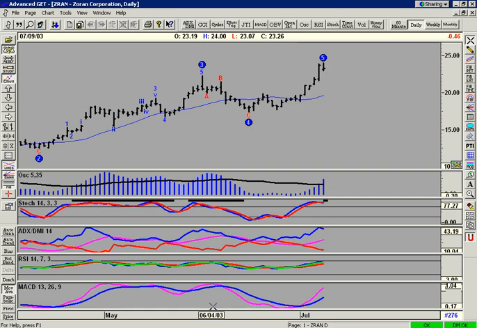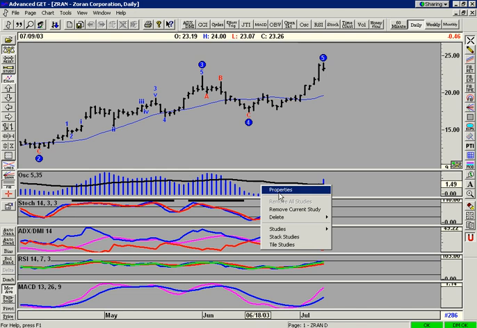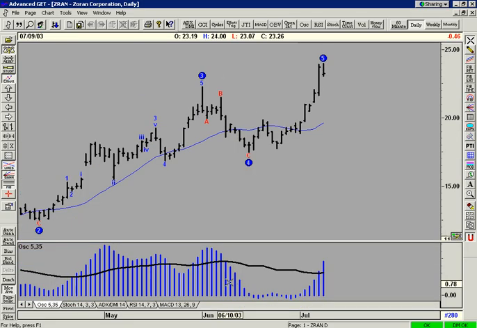Here's a lot of studies below the chart, and they're taking up a significant amount of space on my screen, leaving me only a little bit of space up at the top for the bars. What we've done in Advanced Get is allowed you to retain all of these studies on your chart while giving yourself a maximum amount of space. We can do this by stacking the studies. I'm going to go ahead and right-click on any one of these studies here, and you'll see in the list Stack Studies. If I go ahead and select that, it makes it so I can see one study at a